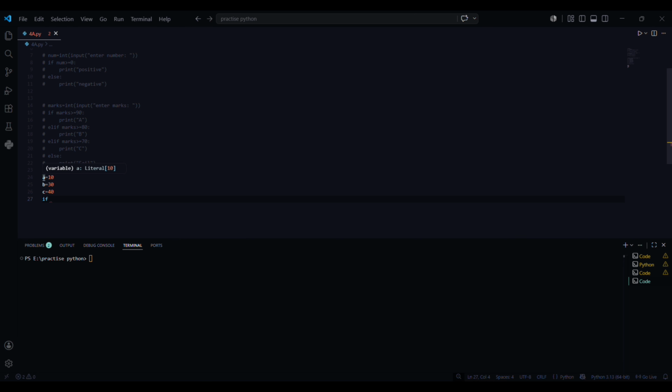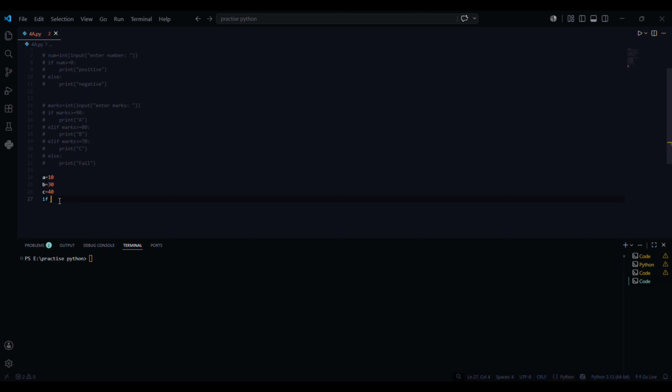In this case, it is 10, so we'll check with B and C. So 10 is not greater than B, and not greater than C as well. So we'll move to the next one, which is B. B is 30, which is greater than A but less than C, right? And then we have C, which is greater than A and greater than B both. Therefore, it will be the greatest of all,